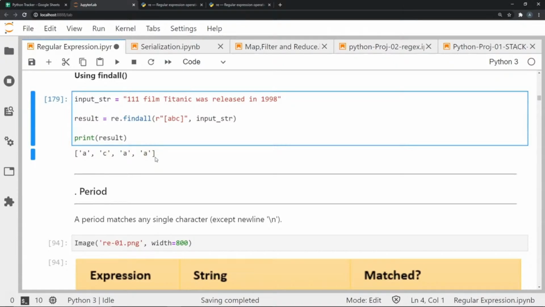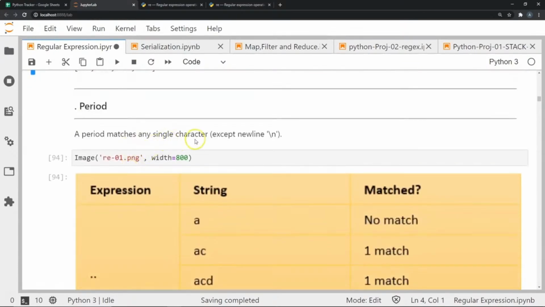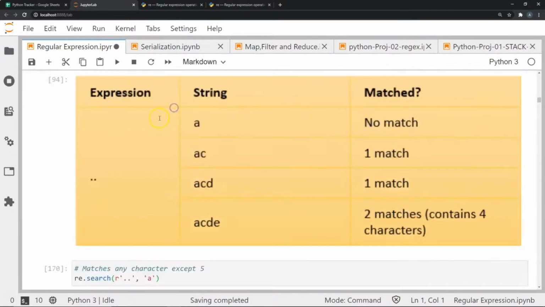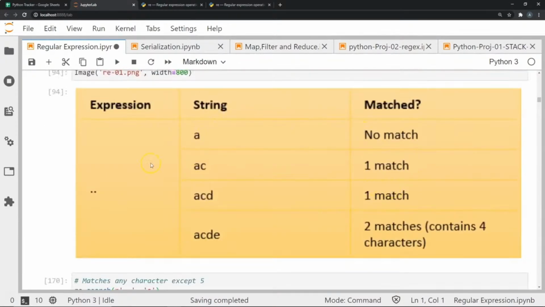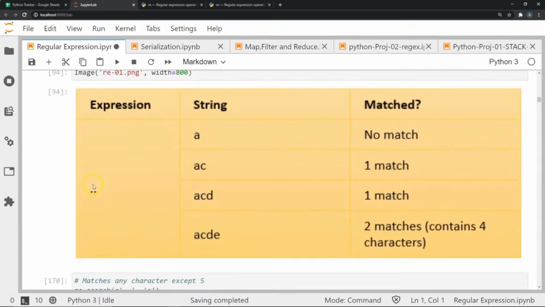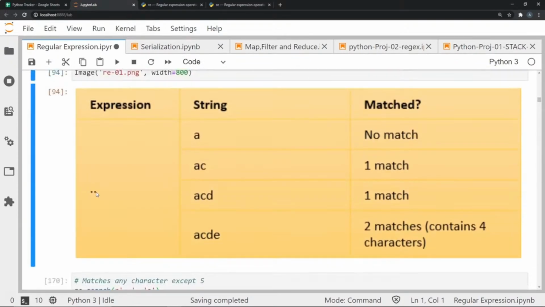Now that you've seen how the square brackets work and how the re.search, re.match and re.findall methods work, we're going to go through all the other meta characters that we saw above. So the period. Now the period matches any single character except the newline. Newline is basically \n or a break. Now if you look at this picture, what it's going to do is check